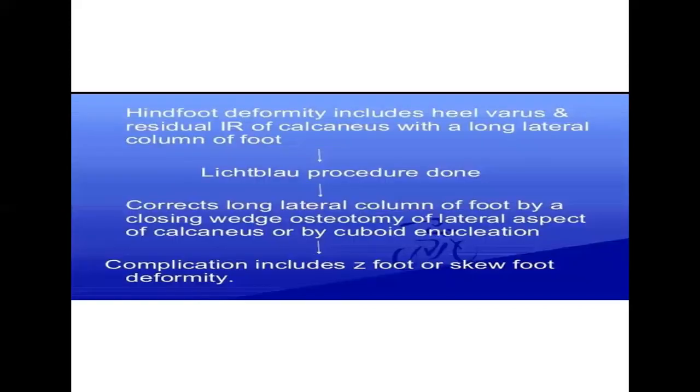Hindfoot deformity includes heel varus and residual inversion of the calcaneus with a long lateral column of the foot, corrected by a closing wedge osteotomy of the lateral aspect of the calcaneus or by cuboid enucleation. Complications include Z foot or cavus foot deformity,